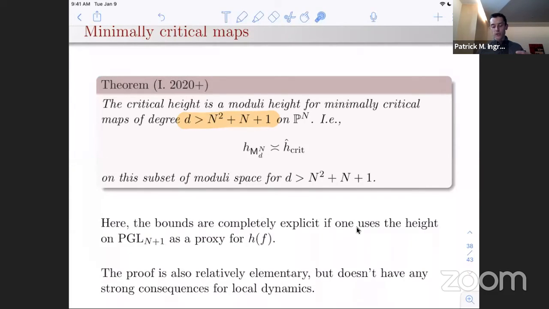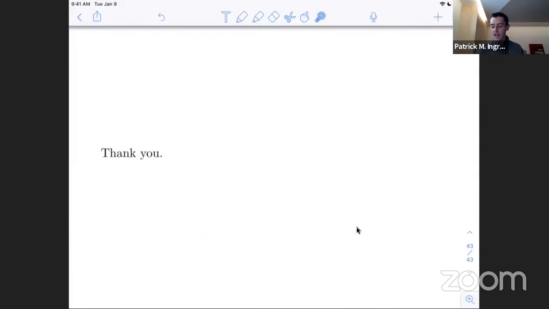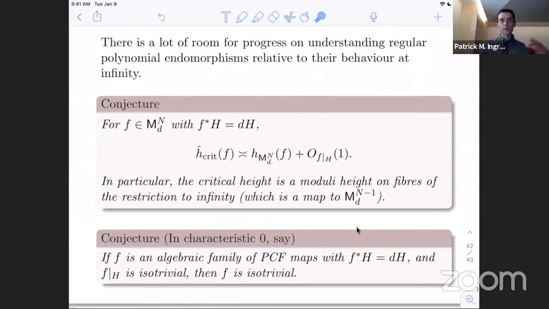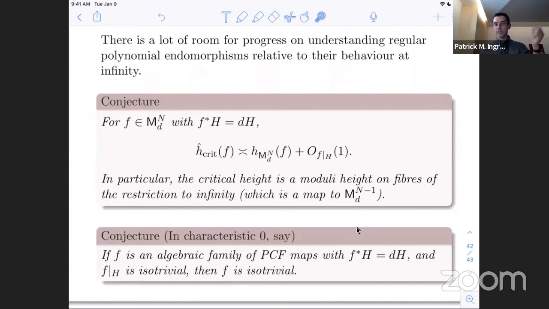But there's a natural question there: if you have an endomorphism of Pn with an invariant hyperplane, then restricting to that invariant hyperplane gives you an endomorphism of Pn in dimension 1 lower. And then the natural question is, how does the critical dynamics or the critical height relate to the critical height or the critical dynamics in dimension 1 lower? So maybe I'll end with those conjectures. Actually, I'll just skip ahead to the last slide. In the case where one of your hyperplanes is invariant, in that theorem I just stated, you can actually prove it all the way down to d equals 2. And so there's a natural question of how much you can leverage the existence of an invariant hyperplane.